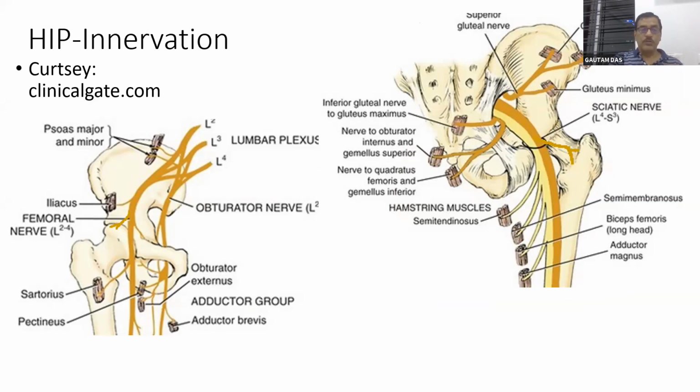So here also, for the hip joint, you have to remember one very important rule: any nerve which goes around a joint leaves some articular branches. So here the three major nerves go around the hip joint. Anteriorly is the femoral nerve, medially the obturator nerve, and posteriorly the sciatic nerve. All of these nerves leave articular branches. Anteriorly supply comes from the femoral nerve, medially from the obturator nerve, and posteriorly the fibers come from the sciatic nerve.